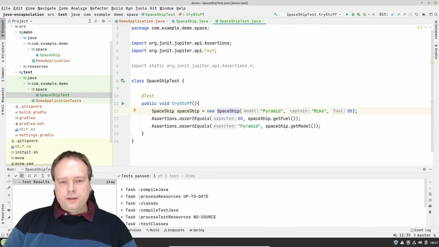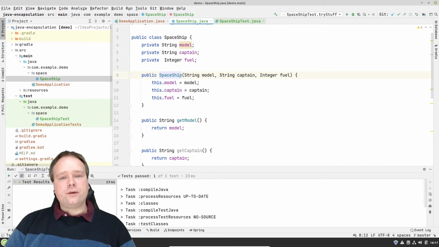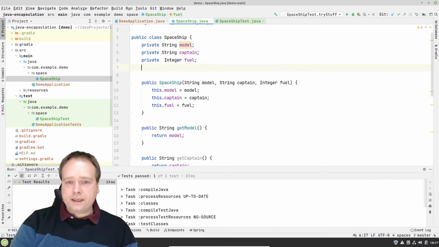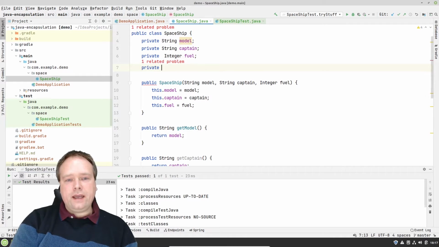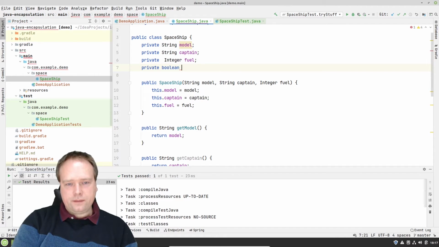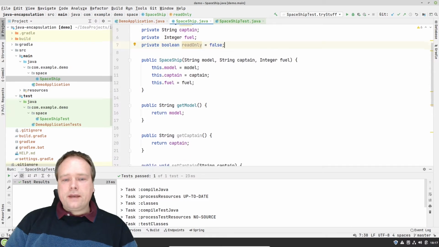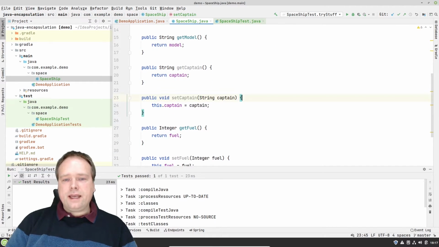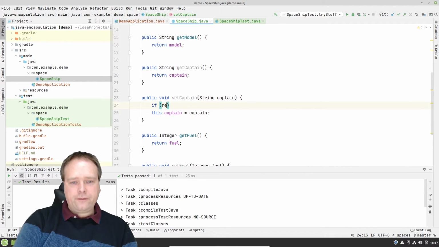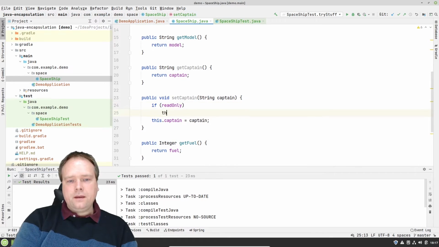Another good use for encapsulation is that you could create functionality so the whole object is read-only, if you want to. So we can create a private boolean called readOnly. We can also give it a default value, which is false. And then we can say that if we try to set the captain, if read-only, then we can create